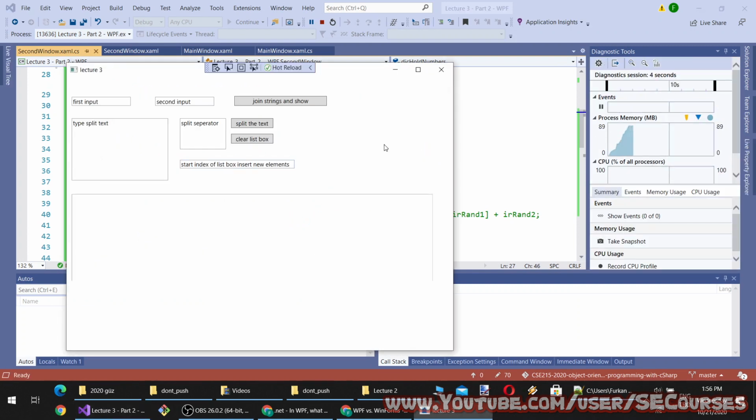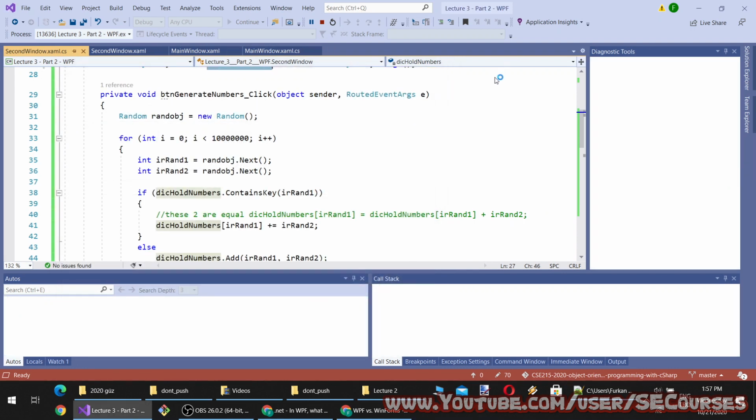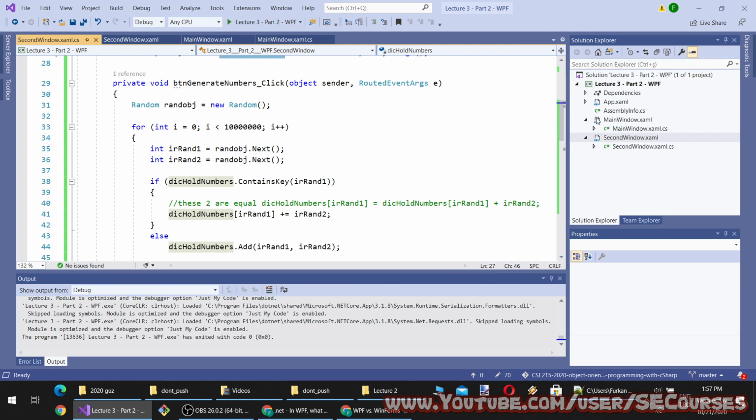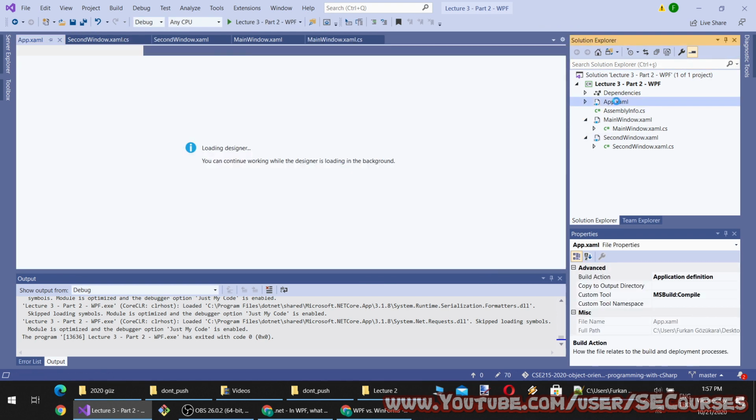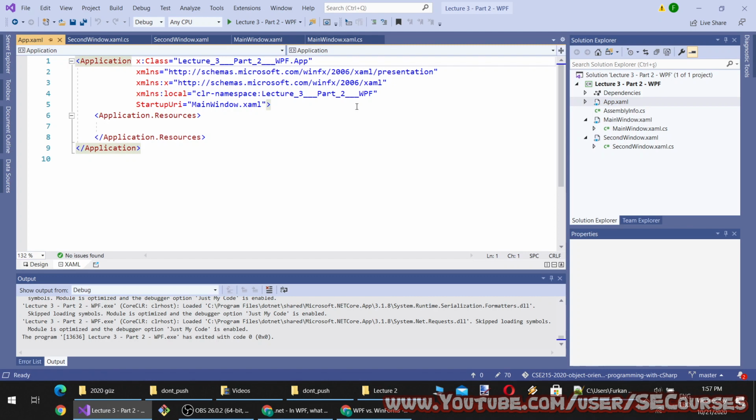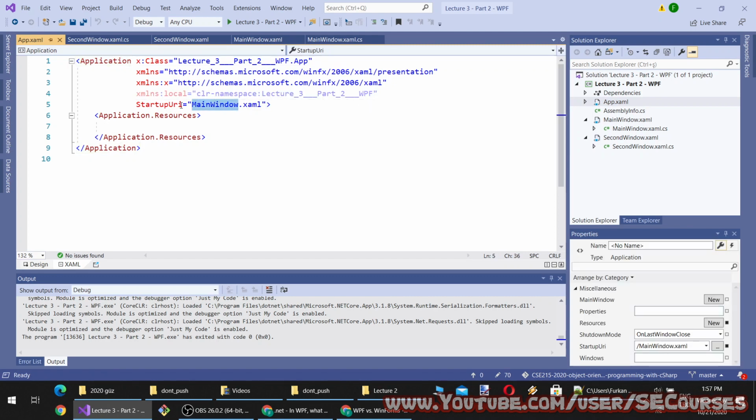Okay, so currently I am at this window, and how am I going to open my second window? Do you know that? I can open that with a button, or I can make it the startup window. How can I do that? When you go to the app.xaml file, you see the startup URI of the application.